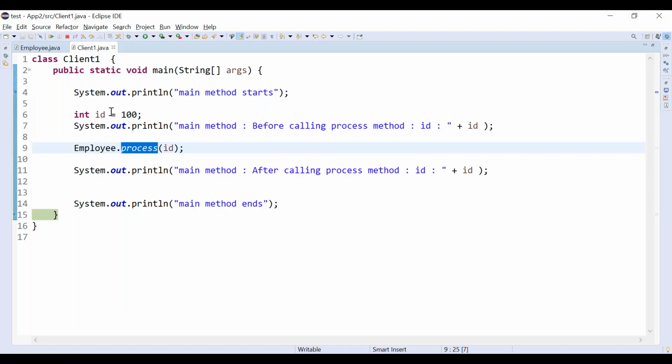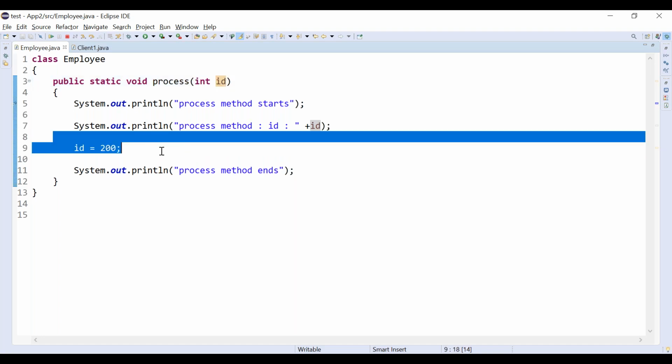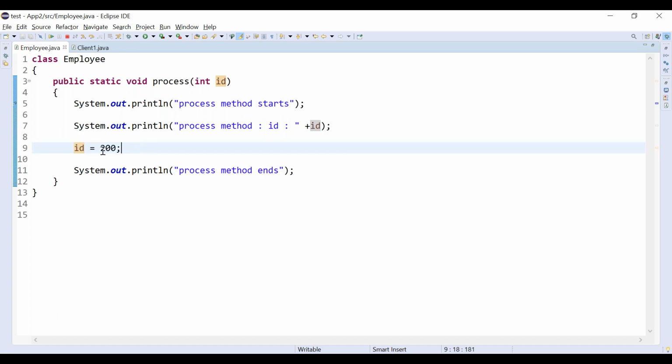In pass by value, if we pass to the process method, we are catching it, right? Inside the process method, this is not the original value. This is one duplicate variable. One copy is created. Whatever you are modifying inside the process method, those changes are available in the copied variable, not the original variable.